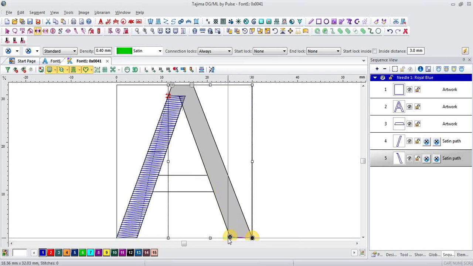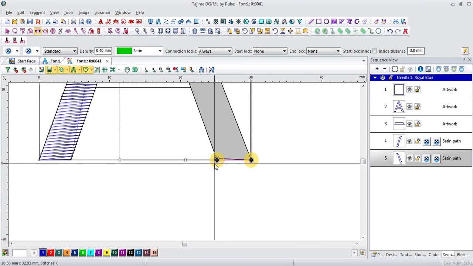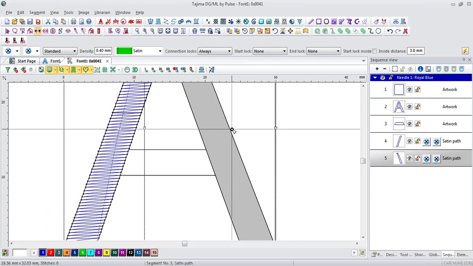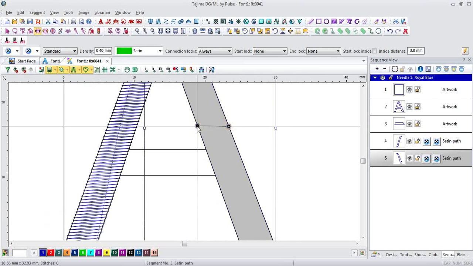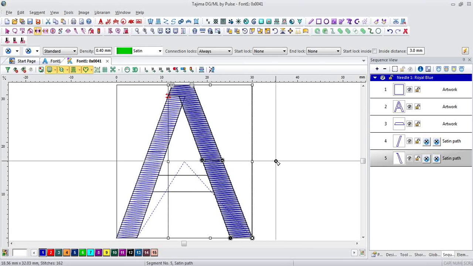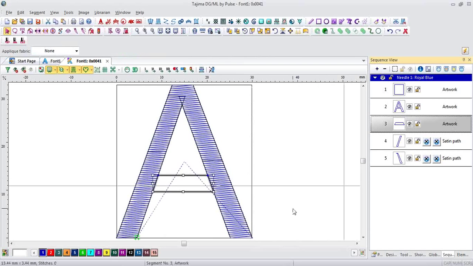Let's zoom in here, see if we really want to work properly, and let's also place one here. And we generate. How does this look? Looks good. And then the horizontal bar,